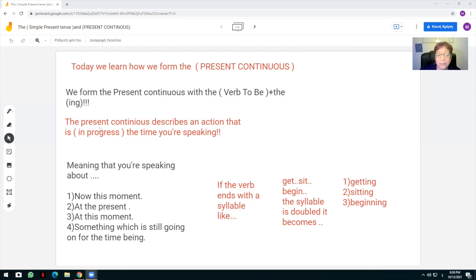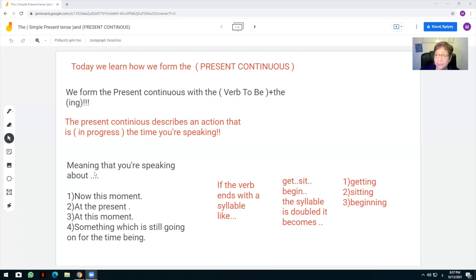So the present continuous describes an action that is in progress, that is going on. Something is going on, it is in progress. The time you are speaking, the time exactly that you are speaking is the present continuous. Okay? Meaning that you are speaking about,